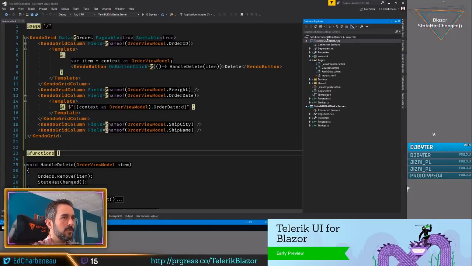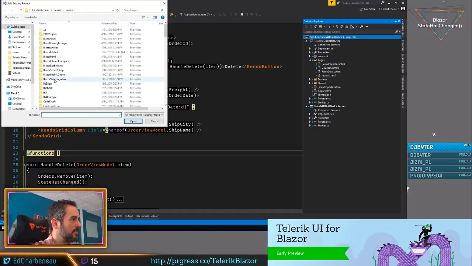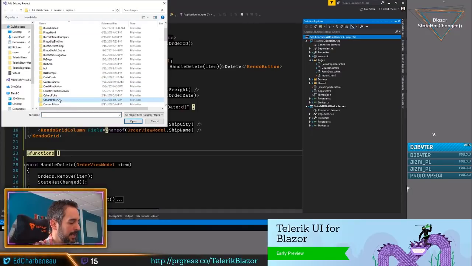And in my server-side project, bear with me for a moment, I have to add some resources. I'm going to do add existing project, and I need to go out and find, I have a little boilerplate project, that's a mouthful, that is based off of the